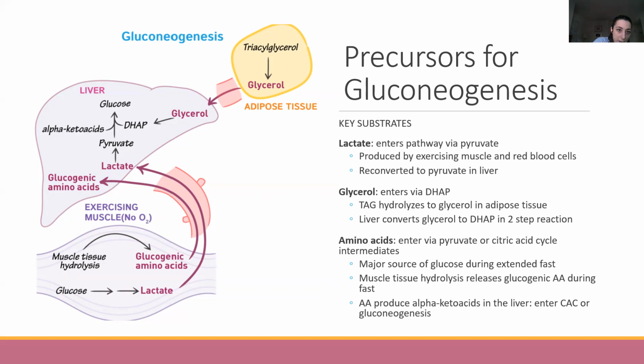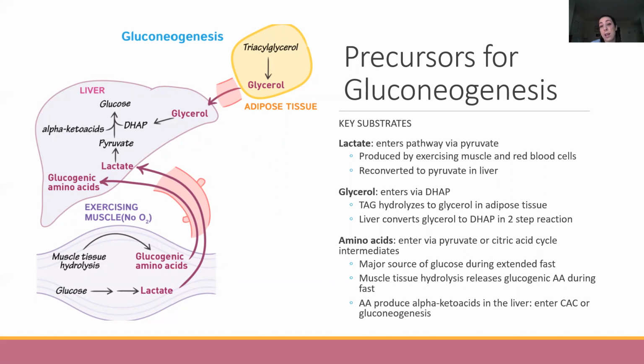If you remember, we have our glycerol that then has our fatty acid chains. So the actual fatty acid chains on our triacylglycerol cannot be converted into glucose in humans. But this little backbone piece, that glycerol backbone, can be converted into dihydroxyacetone phosphate,